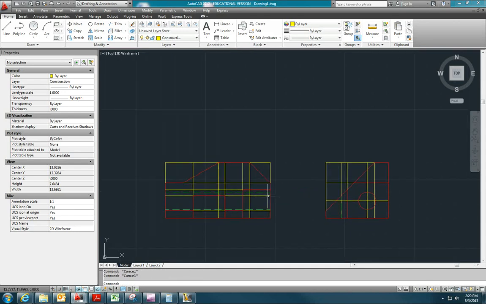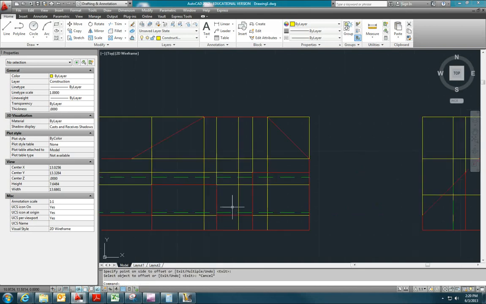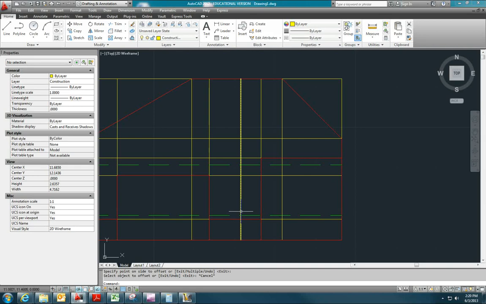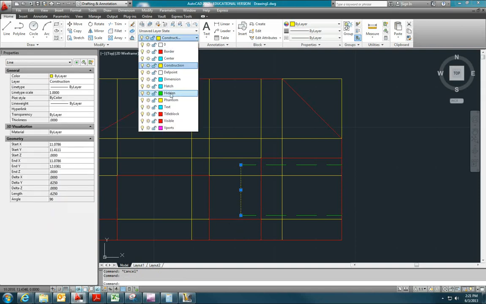Now, the circle has a depth of 1.25. So let me offset my construction line by 1.25. Okay. And then I want to trim the hidden line that's beyond this 1.25 offset. So TR, enter. I'm going to click on that line and then enter. Now click here and click here. And let me just use that construction line again. So TR, enter. Click this line and then enter, and then click that line. Now I want to change this to a hidden line as well. Now holes, just regular